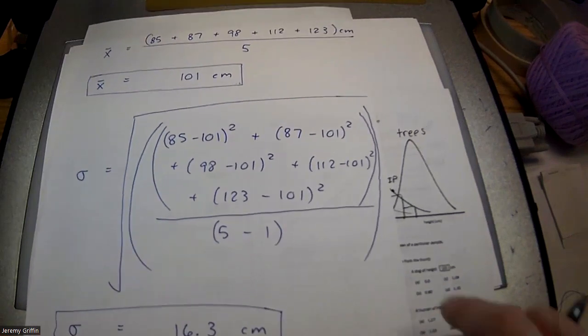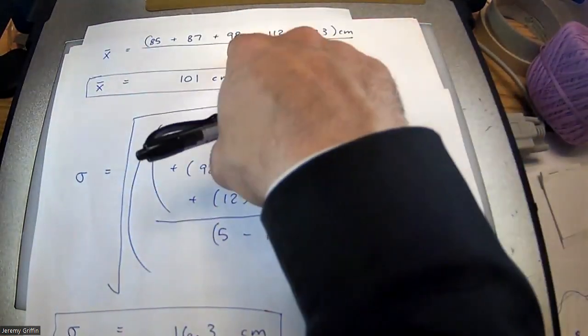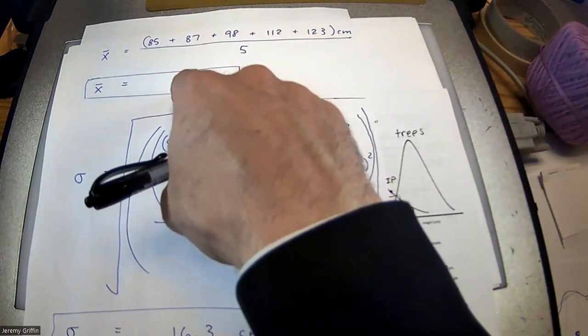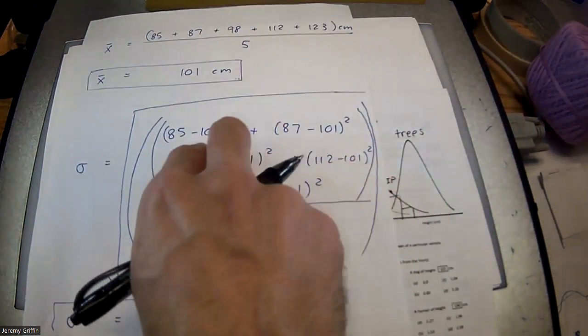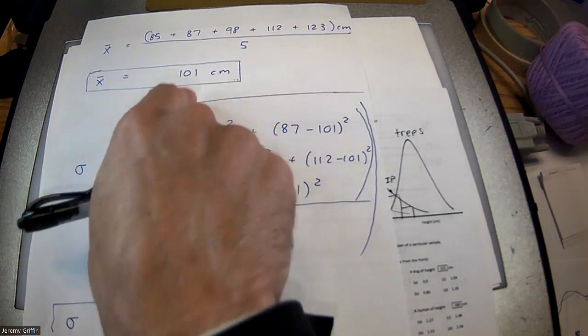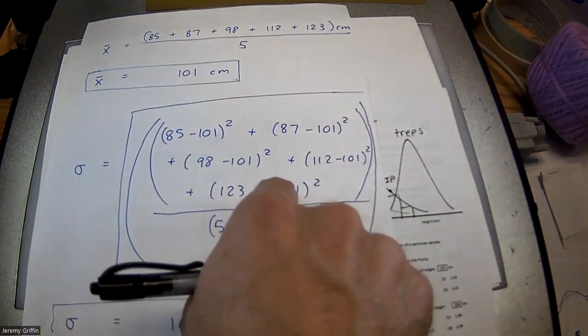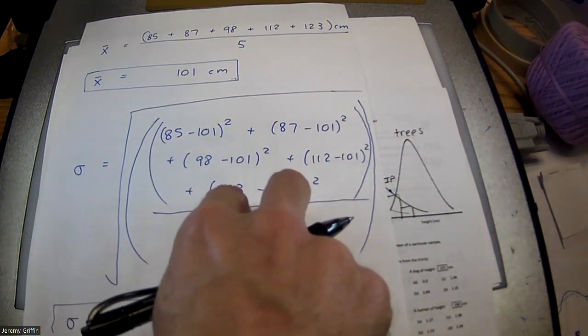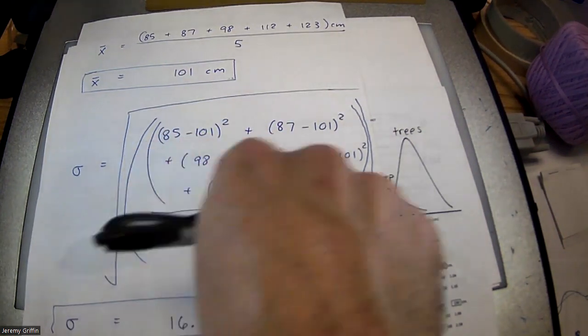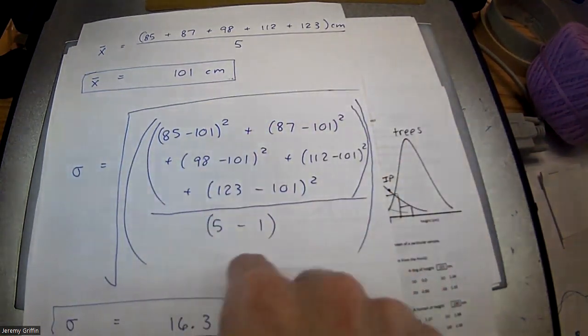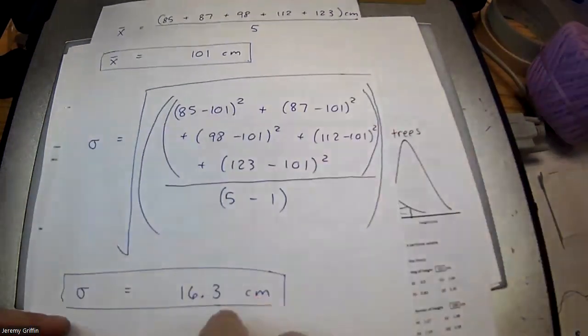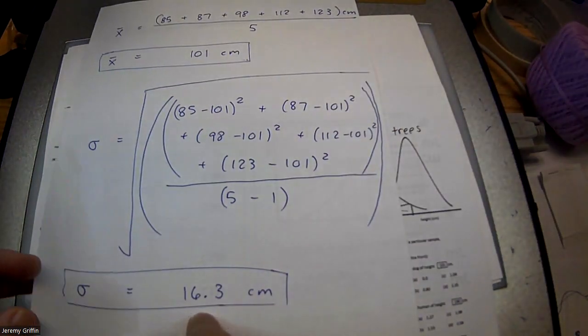So I've done some math ahead of time. Here's how you take the average: add them up, divide by 5 because we've got a population of 5, and you get so many centimeters. Here's the standard deviation. Look at that average. It's there, and there. See how I'm subtracting the average from each number? Then square it, add them all up, divide by the group size minus 1, and then square root it, and you get a number at the end. Right, you get that?